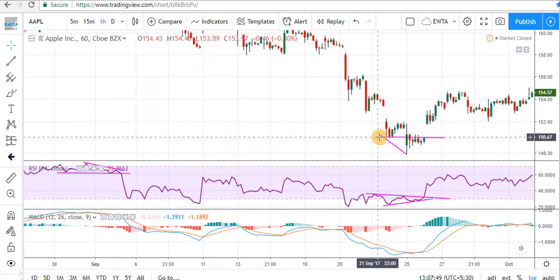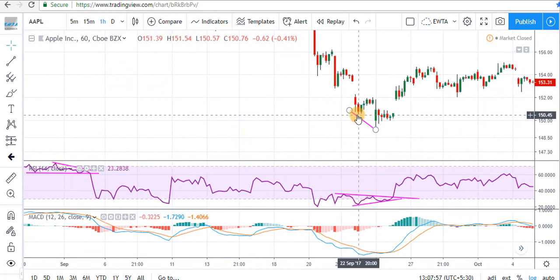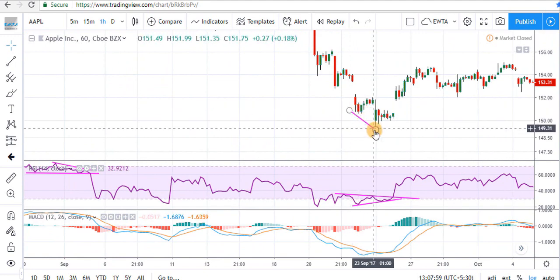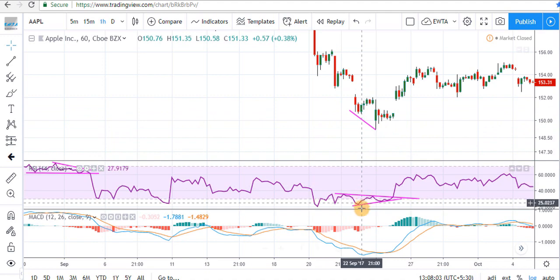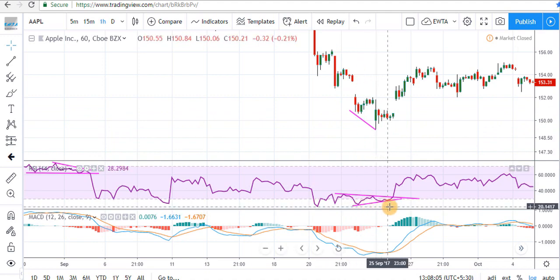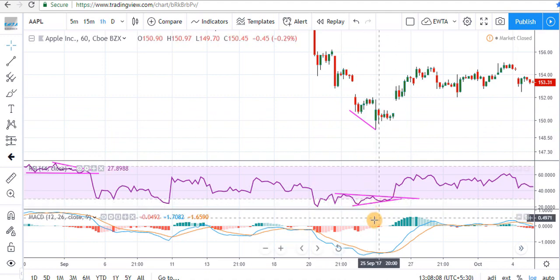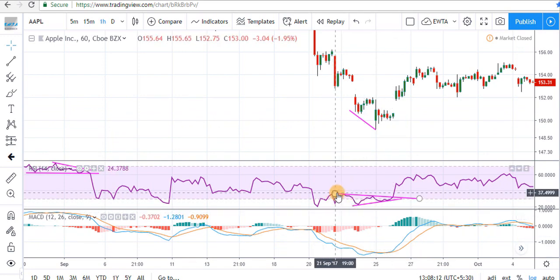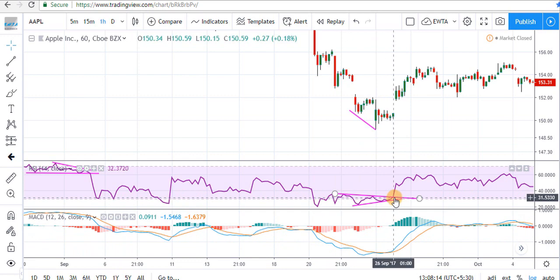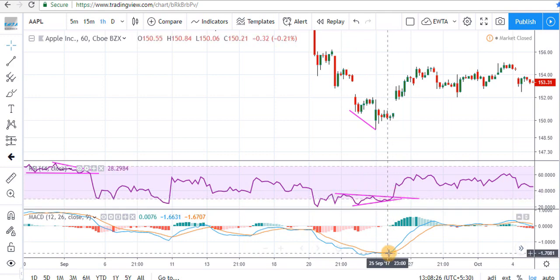Now see, prices are in downtrend, and see, these are the lows, or we can say troughs. So troughs are going in downward direction, but troughs of RSI are going in upward direction, and MACD is also going in upward direction. So we will draw a trend line on the peaks of RSI, and at this point RSI is crossing above this trend line. So we are getting a signal of long position, and MACD is also giving a signal to go long at